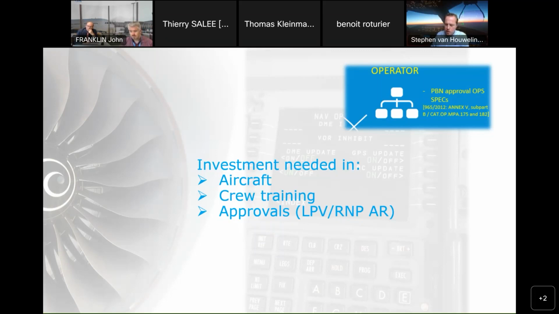That's an extra procedure. So nowadays in the operators, it feels more like RNP is not yet the standard. During en route structure it is, but during approaches, not really. And it feels like an add-on. So if we fly an RNP or RNP-AR approach, there's an extra checklist. So it's not yet the standard. So that, again, emphasizes the fact that we are in a transition period. Next slide,